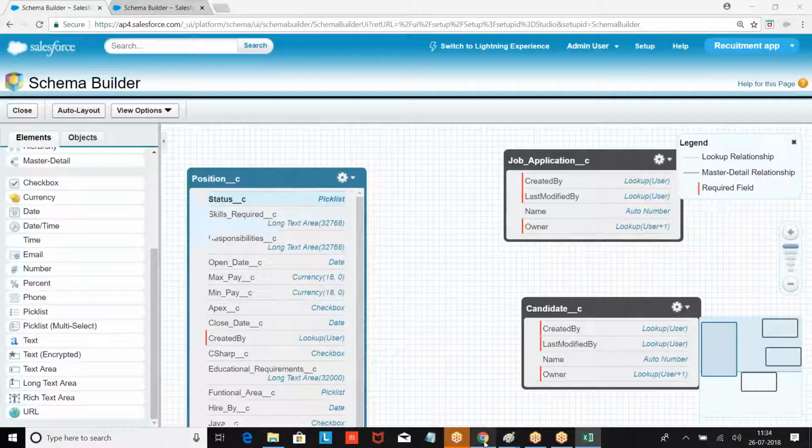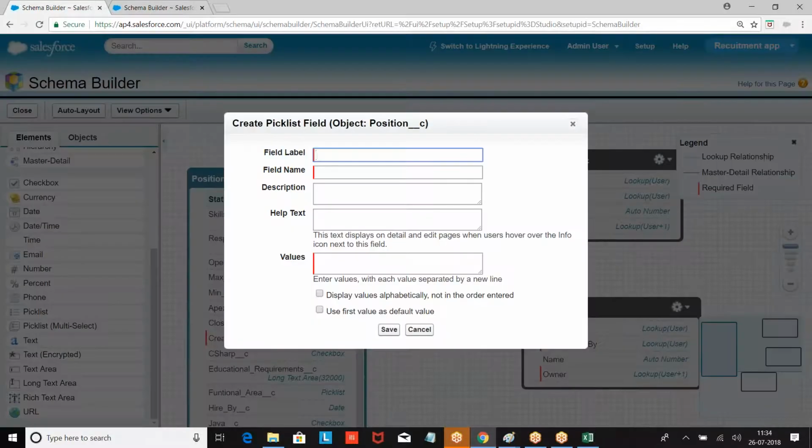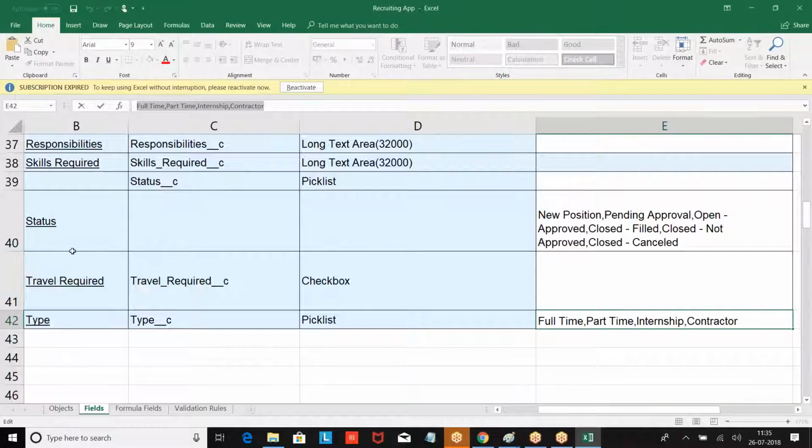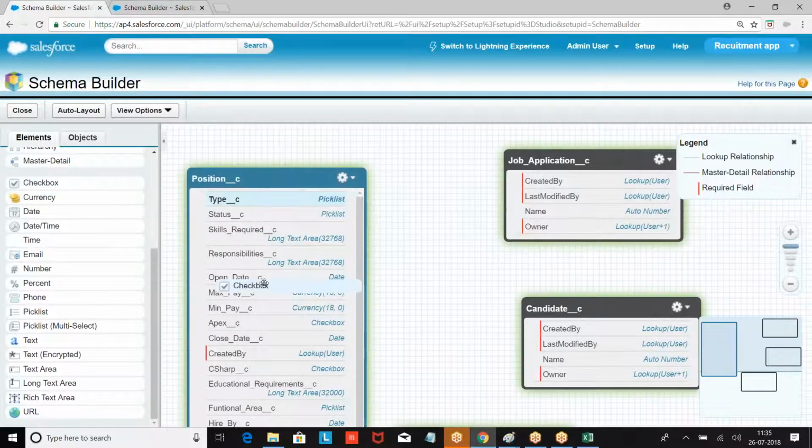Now they are giving a position. It is a recruitment. In the Naukri, they are posting a job. When they are posting the job, they are giving these details. So what type of job is this? What are the skills required? Okay, is the travel required for you? Travel required. Check box.